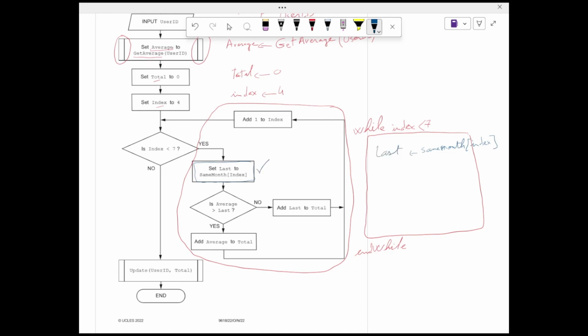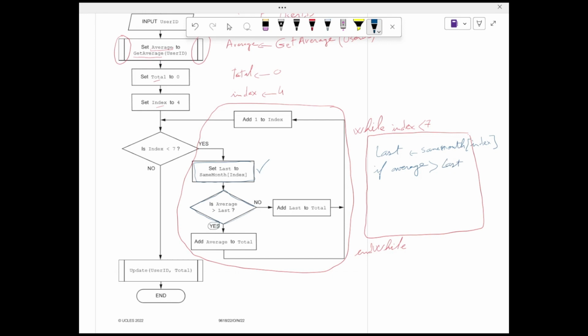Now we have a diamond shape. This is an if else statement. If average greater than last,